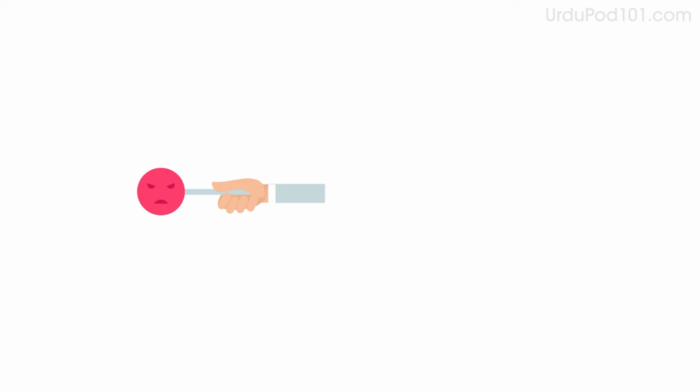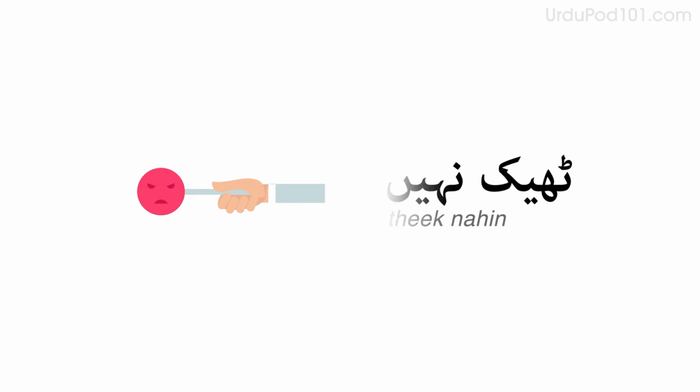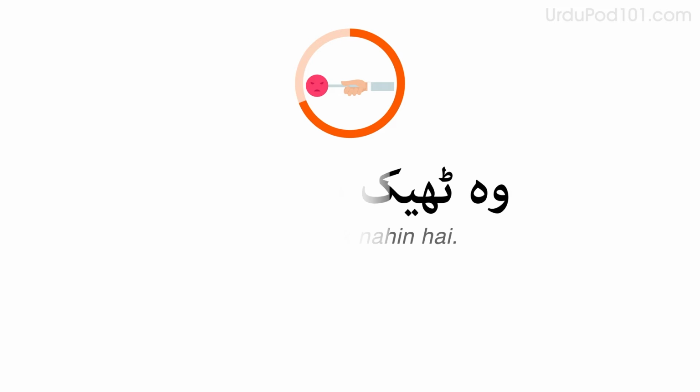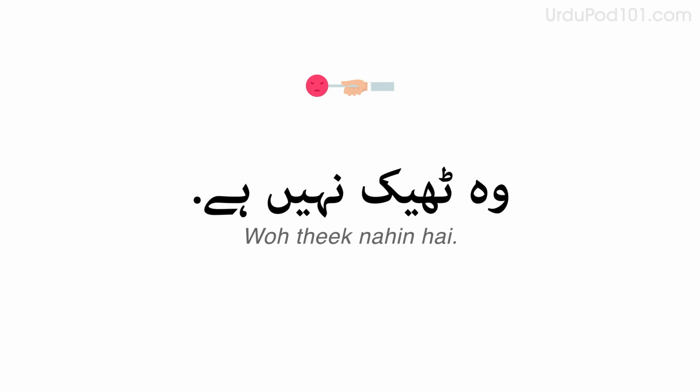Now imagine she's not good. Do you remember how to say not good? ठीक नहीं। Say, she's not good. वो ठीक नहीं है। Now, answer the question saying she's not good. तुम्हारी वालिदा कैसी हैं? वो ठीक नहीं है।